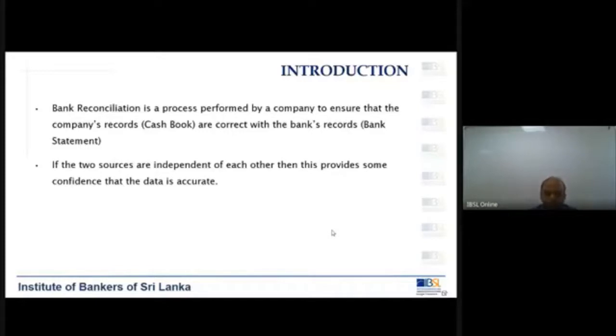Now, the records maintained by these two independent parties are getting matched by way of this reconciliation. So when you have two independent parties, we assume that mostly the information populated to be correct or accurate. There could be mistakes. We don't say that there couldn't be any mistakes, but most of the time we understand that there is some level of confidence that these two pieces of information will be somewhat accurate. Okay.